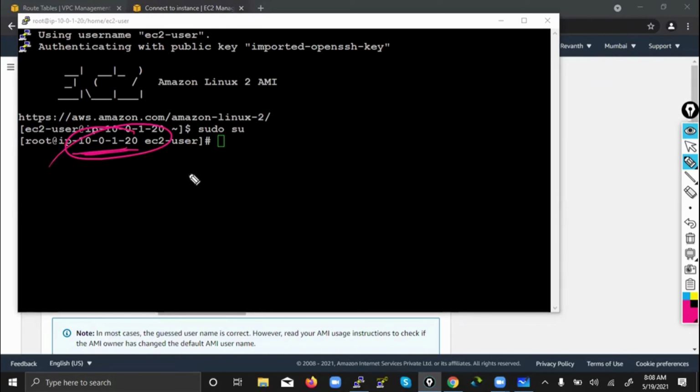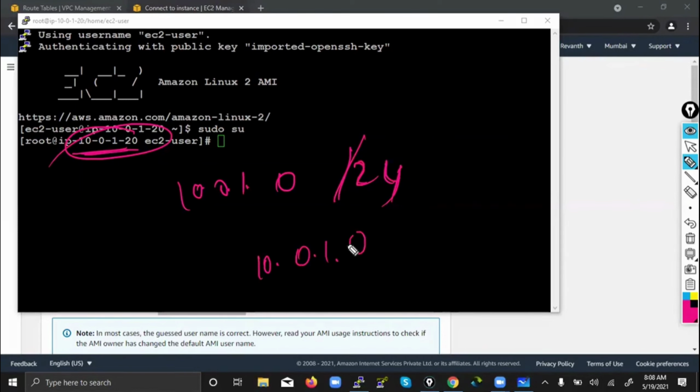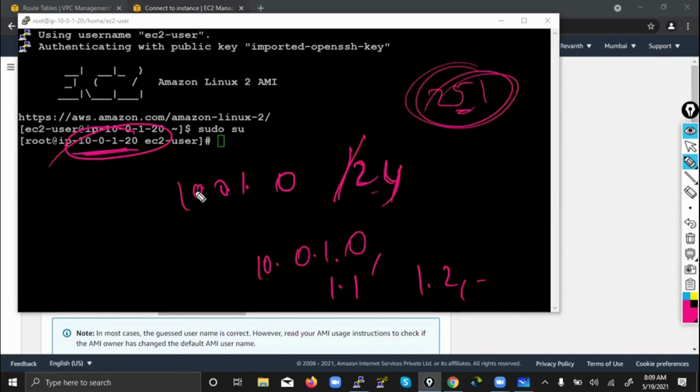Public subnet starts with 10.0.1. We have given the subnet range of 10.0.1.0 slash 24. That means I can launch 10.0.1.something, like 1.1, 1.2 like that. How many? 2 power 8, I mean 251. We have discussed that calculation. So one of the IPs randomly launched by DHCP is